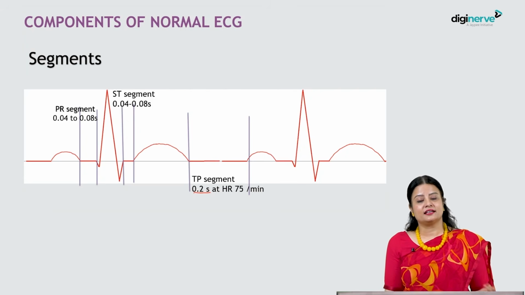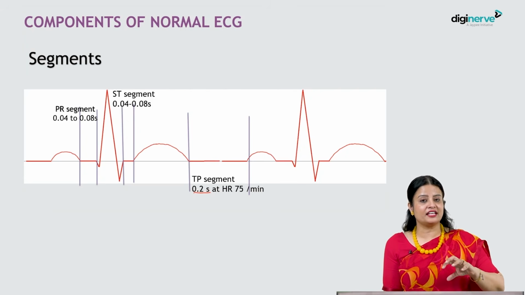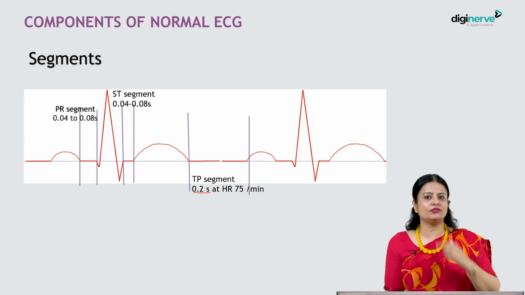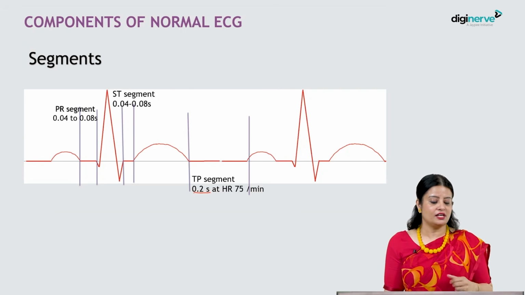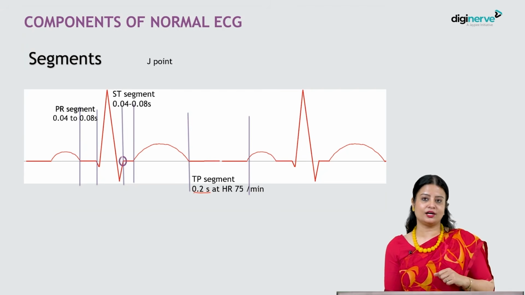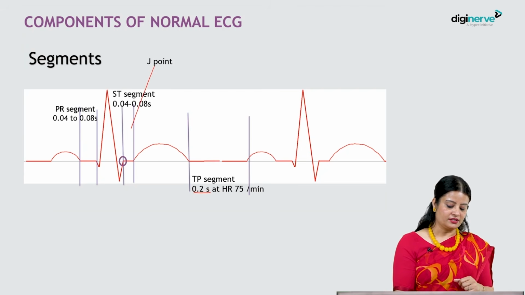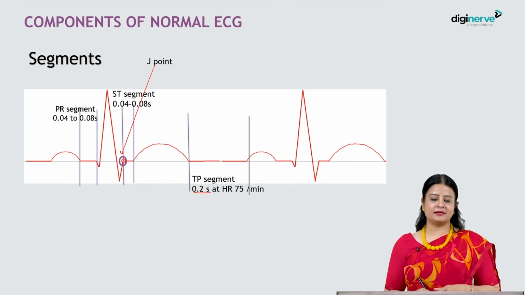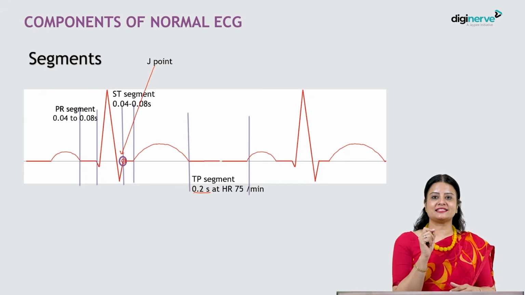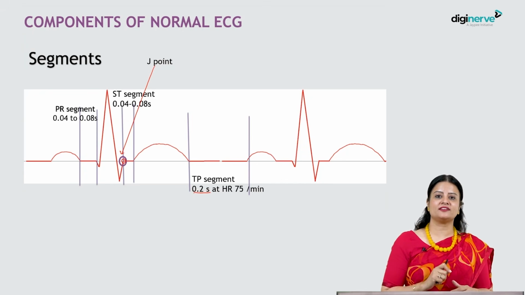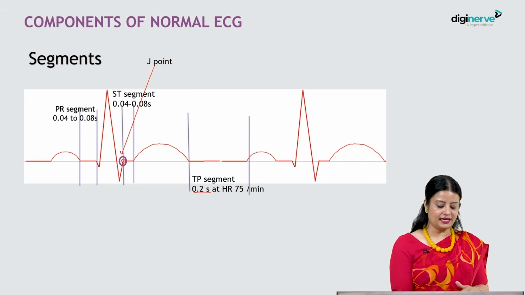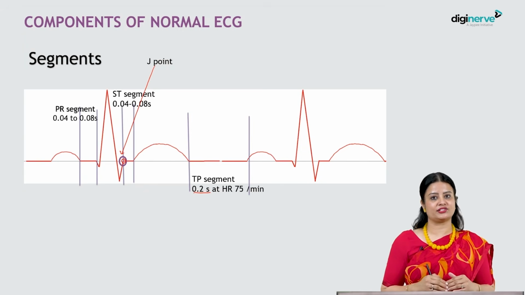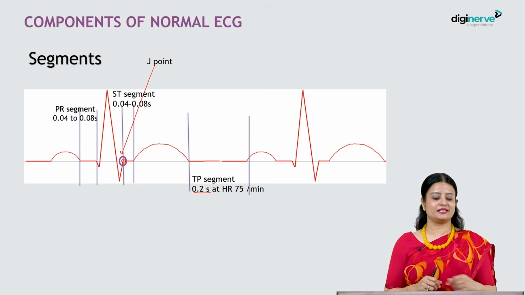So we have seen that the ST segment holds a very important place in diagnosing myocardial infarction. But then how do you know that the ST segment is elevated? For that, we have yet another thing, we call it the J point. This is where the ST segment just begins, or the S wave ends on the ST segment. It lies on the isoelectric line. If this J point is raised above the isoelectric line, we say that the ST segment is elevated.